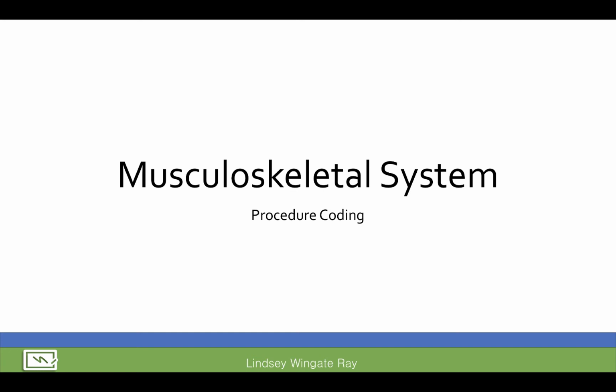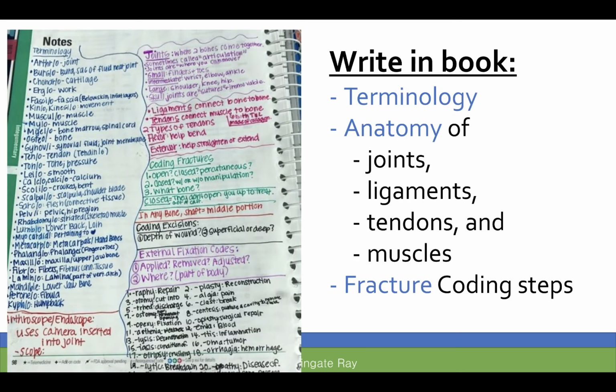Now we're going to go into the musculoskeletal system. These are some examples of what you could write in your book. Write whatever you want to. This might be a little too much for you, but the good thing to write is the terminology, anatomy of joints, ligaments, and tendons, and fracture coding steps. We have provided you with a handout of what we suggest you write in this section, as well as pictures